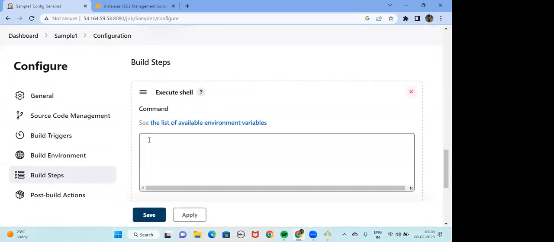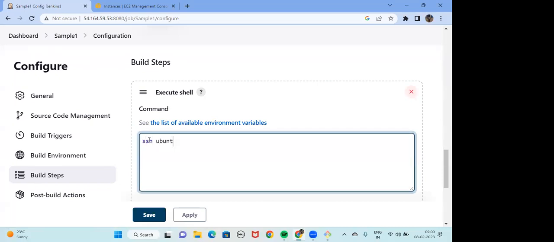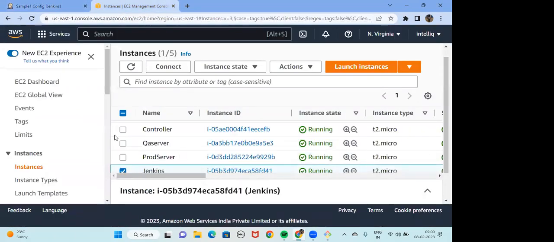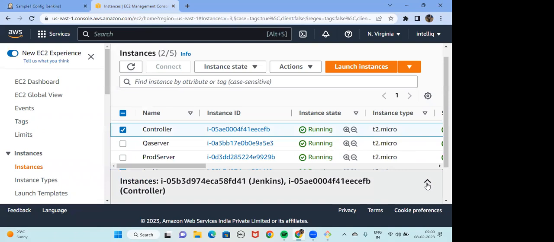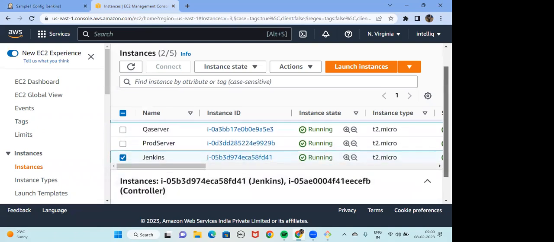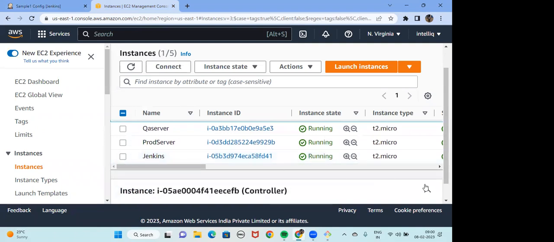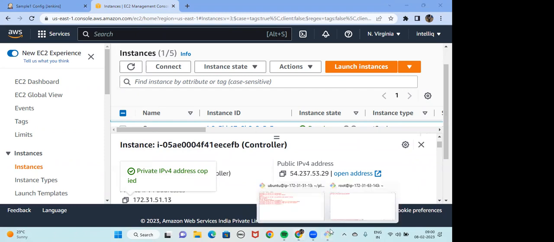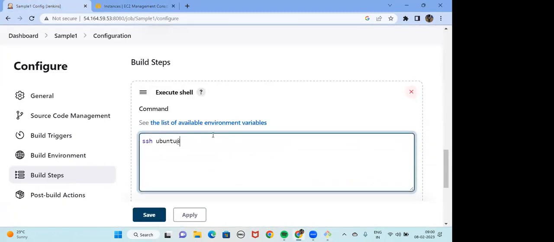And I'll just give the command SSH into which server we are trying to log into. Controller ubuntu@, I just need to give the IP address of the controller, because Jenkins is first of all trying to perform an SSH connection to the controller. So this is my controller. I can take the private IP and give that. And then you give the command ansible. What is the command that you give for running playbooks? ansible-